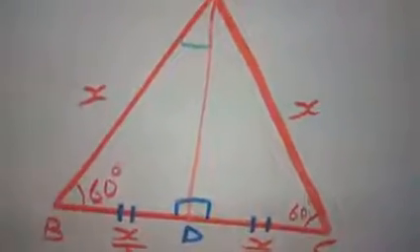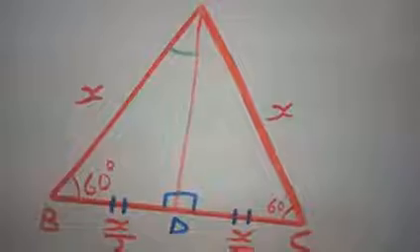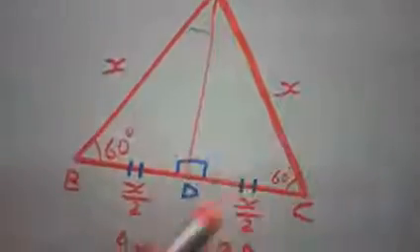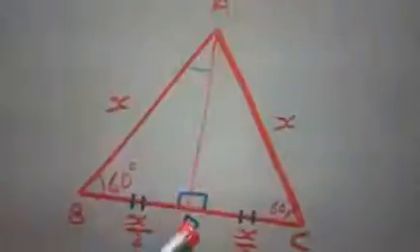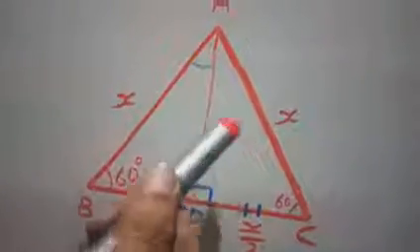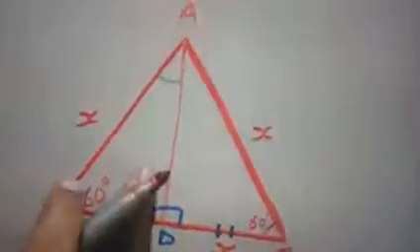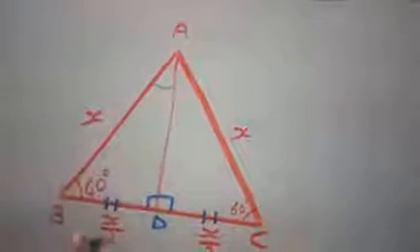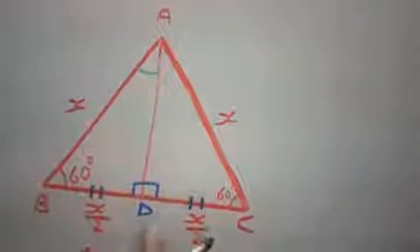If you have any confusion, then you can write tan 45. Now see, this is the triangle. Now this is an equilateral triangle. Now as you know, in an equilateral triangle, all sides are equal. So this is x, this is x, this is x. Now I am going to draw the perpendicular. Here AD is perpendicular on the base. So in an equilateral triangle, the perpendicular acts as a median. So BD is x by 2 and DC is also x by 2.